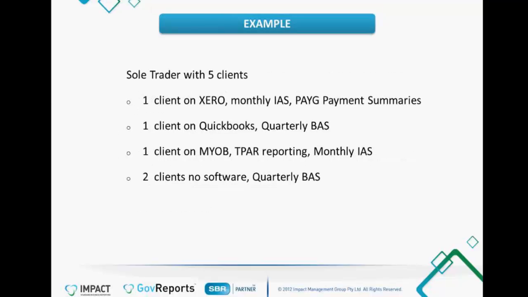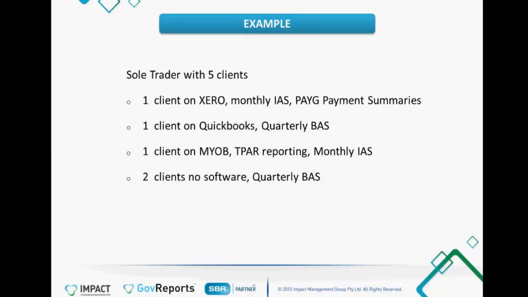Let's just say that I'm a brand new sole trader bookkeeper, and I have 5 clients. One client on Xero with monthly IAS and PAYG payment summaries. Then I have one client on QuickBooks with quarterly BAS, one client on MYOB with a taxable payment annual report and monthly IAS, and 2 clients without any software with quarterly BAS. Which means I have